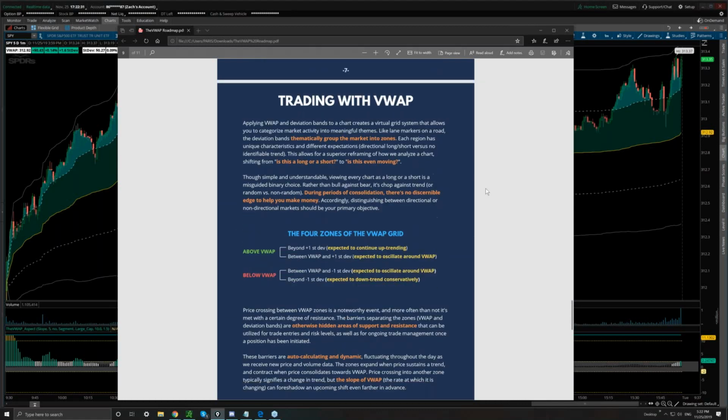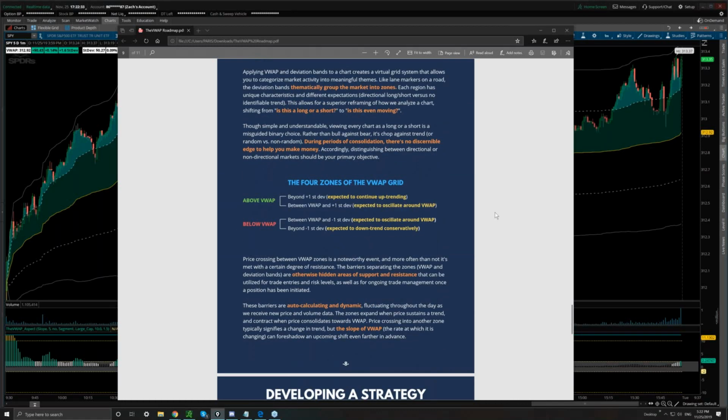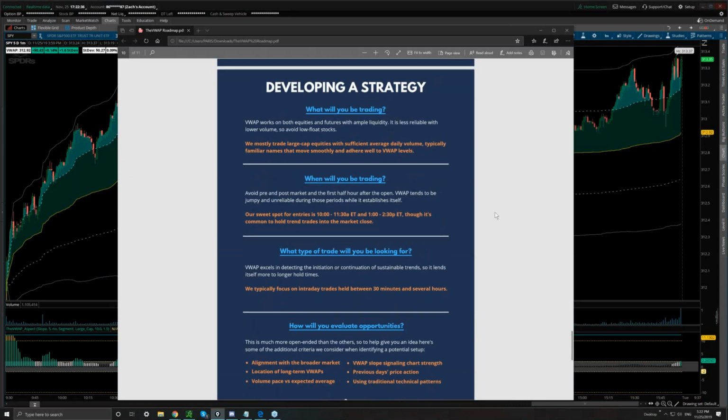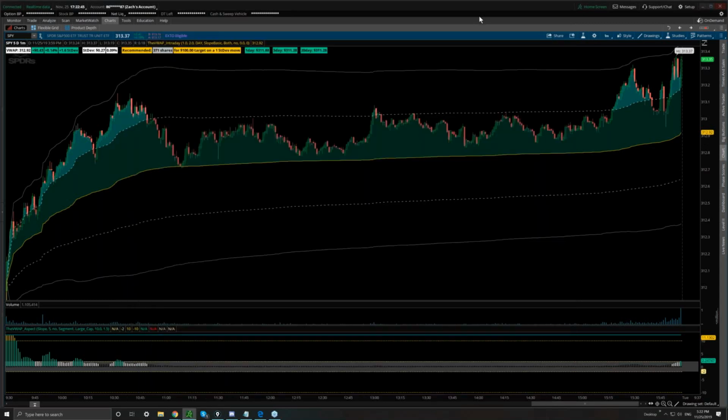And with that, I think, yeah, we could go through a little more about standard deviation bands and developing a strategy, but all this seems to be pretty straightforward. I know we've got a bunch of other questions that I still have to get to. So why don't we do this? I'm going to keep this chart up for the meantime. This is a chart of SPY today. What I'm going to do, if it's all right, is start rolling through some of these pre-submitted questions and answering them pretty quickly.